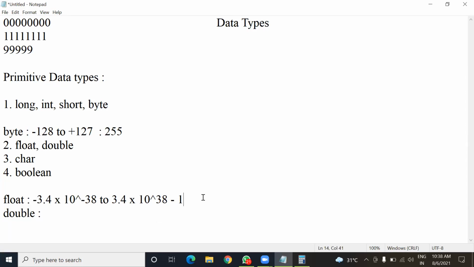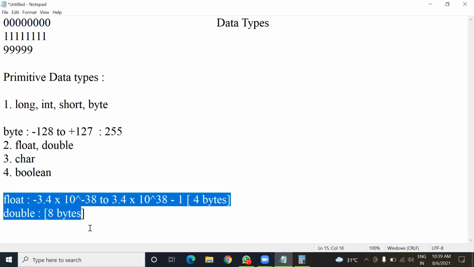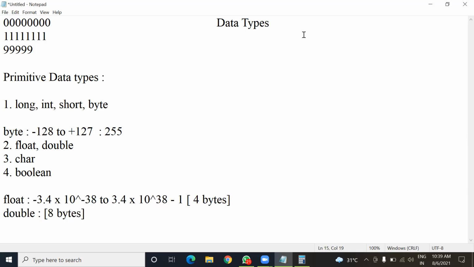The size of the float is 4 bytes, which means 32 bits. The size of double is 8 bytes, which means 64 bits. These two data types support fractional values.